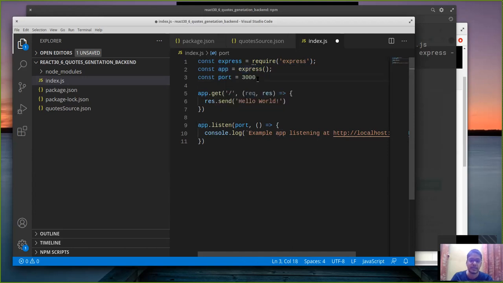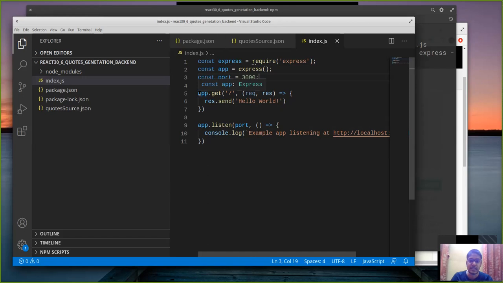Next, we specify the port on which the API will get served. So essentially, whenever we open a website, by default it gets served by the 8080 port. On the backend side, we have a collection of ports on which we can run our scripts. So in this case, we have used 3000 as our default port.